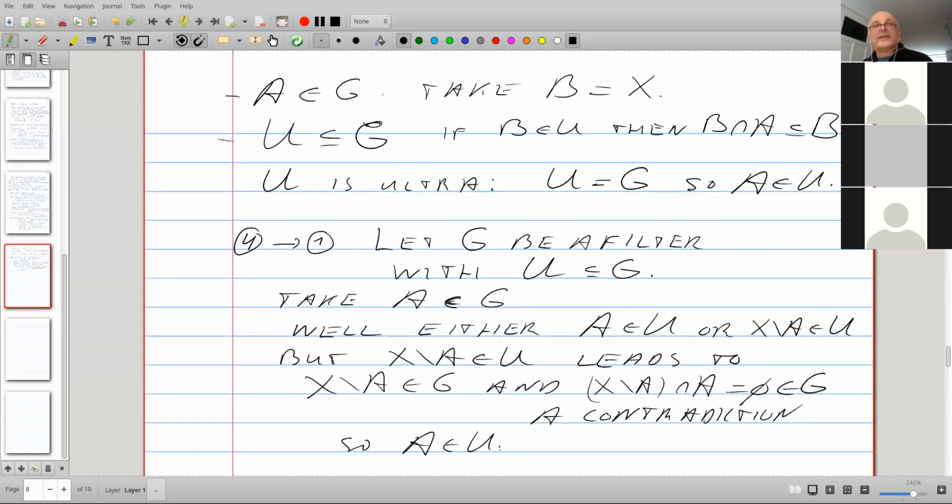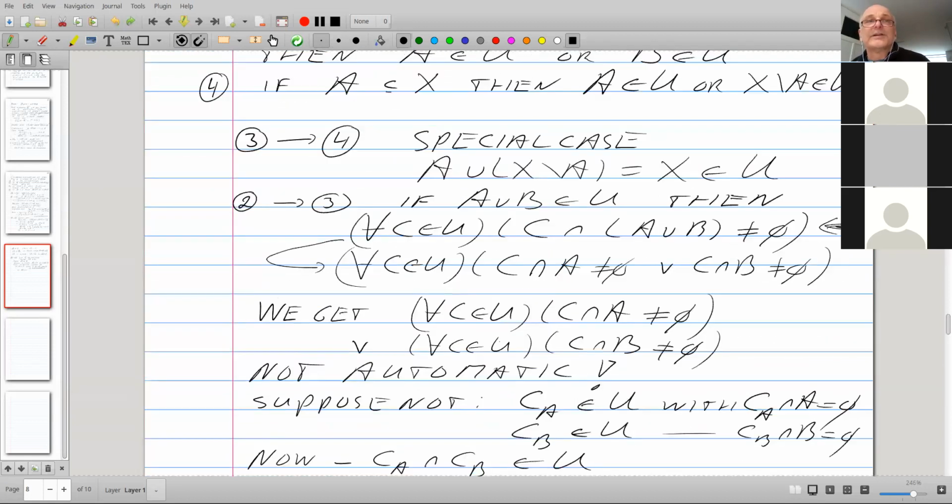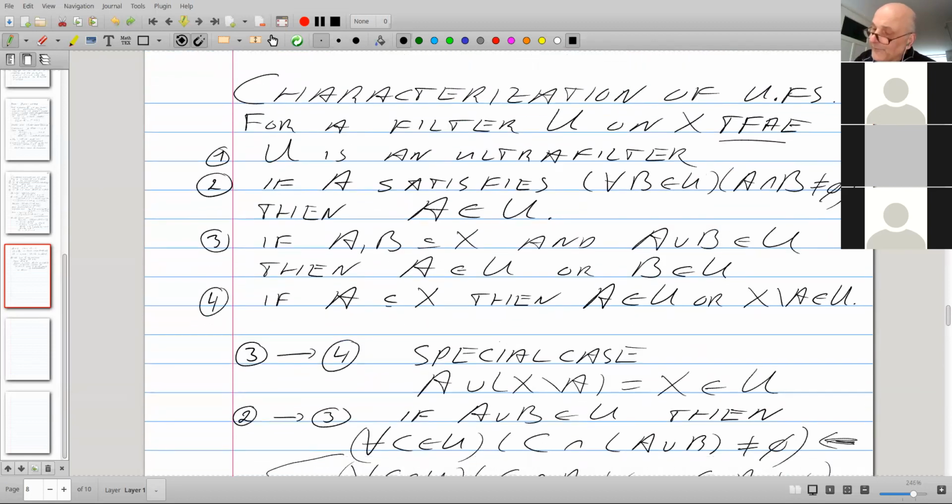And here, by the way, in this characterization, this number 4 here, this is what Comfort referred to as this truth assignment. The ultrafilter decides for every subset of X whether it's true in the ultrafilter or false. Its complement is in the ultrafilter.